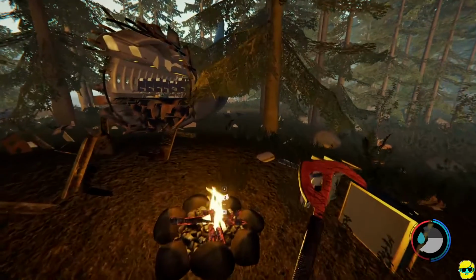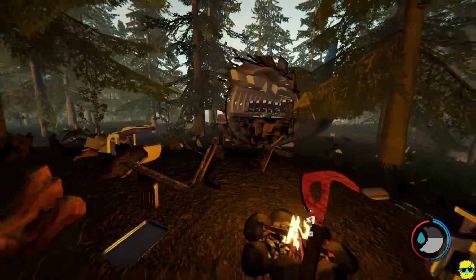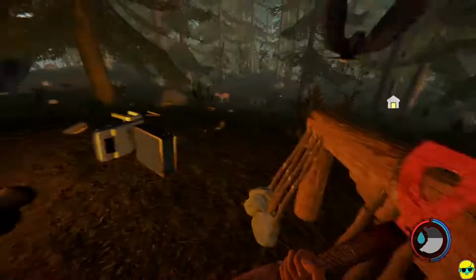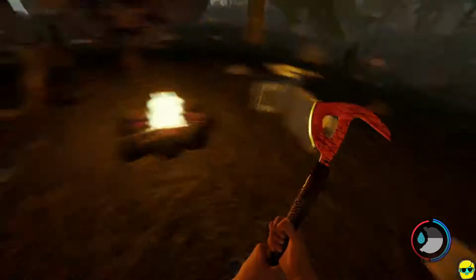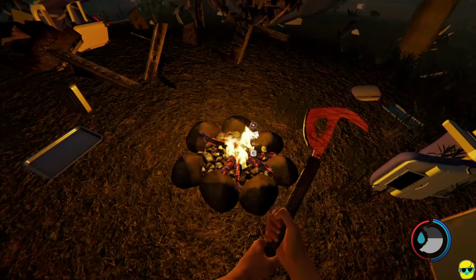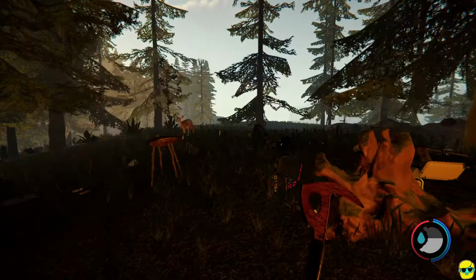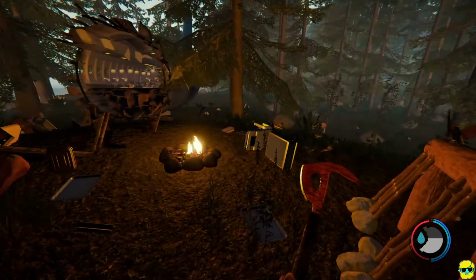Well, we are in a terrifying spot here, but we have managed to create ourselves a shelter, and then we have saved the game. We have a fire, and we are doing okay in terms of food. There is a deer. Here's our water collector that we built, and we might think about wanting to get another